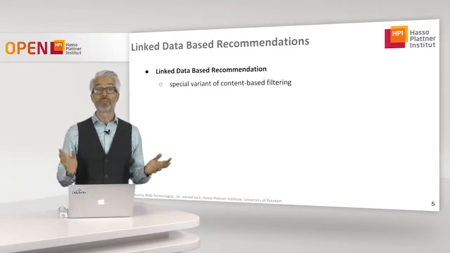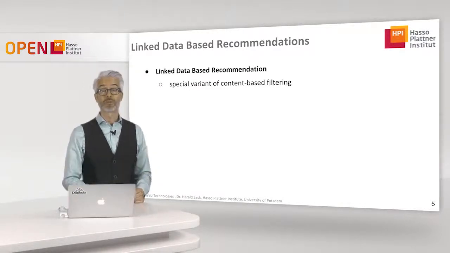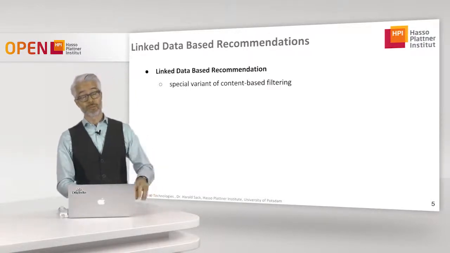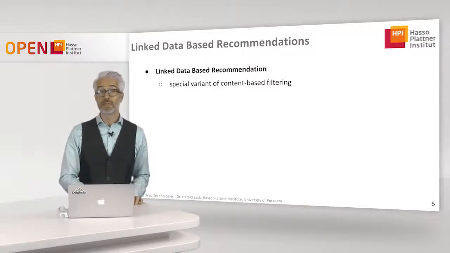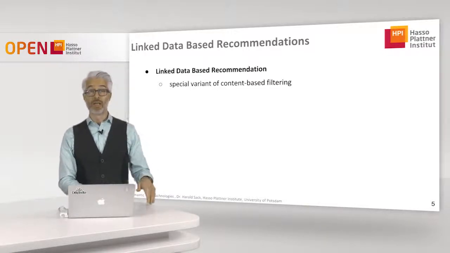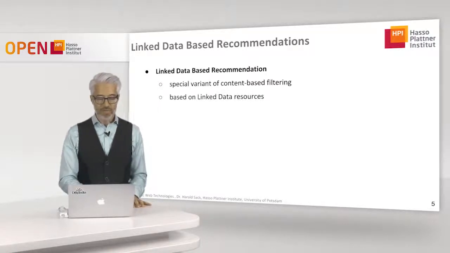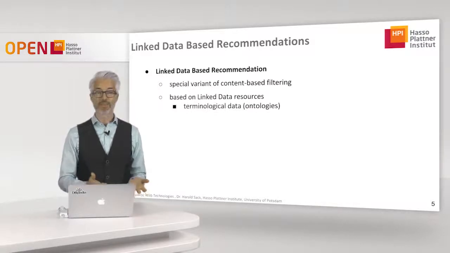First of all, it's a special variant of content-based filtering. So of course you can take into account all the data that you find in linked open data. For example, you can take into account information that you get over DBpedia about items or about content related to these items. And of course, these recommendations are based on linked data resources, which could